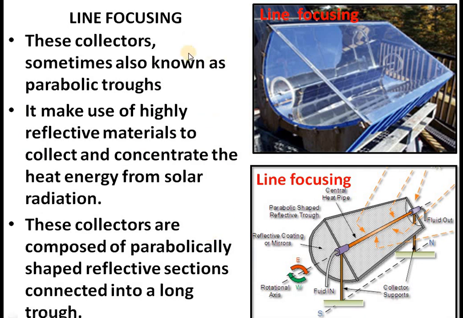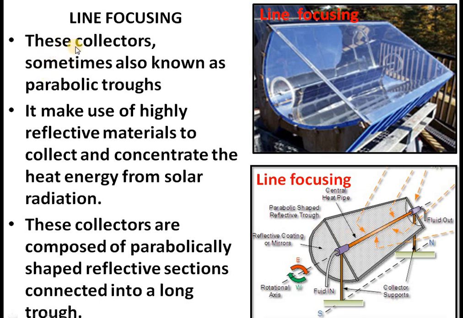And in line focusing, you can see this is how line focusing is done. This figure makes it very clear. This is a focusing point, sun ray from the whole trough. Here actually mirrors are pasted over this trough, and from all the mirrors light falls on this line, and your water tube is kept along this direction, and water gets heated.